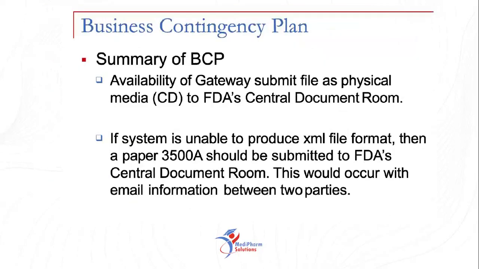So this is what we have to know as a safety associate when we are working in the submission team, because we are not going to submit the case, but if we see that the case is not going to be submitted on time because of E2B errors, then we have to come up with a business contingency plan. So what are the common errors that can happen? One is